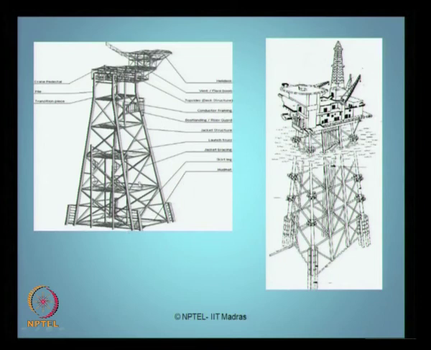This is a schematic diagram generated in computer software of a jacket platform for analysis. This is a line diagram of a real jacket platform. You can see the flare boom, the cranes, the helipad, the living quarters, the jackets, the bracings, then the skirt piles, then the risers, the derrick, etc.